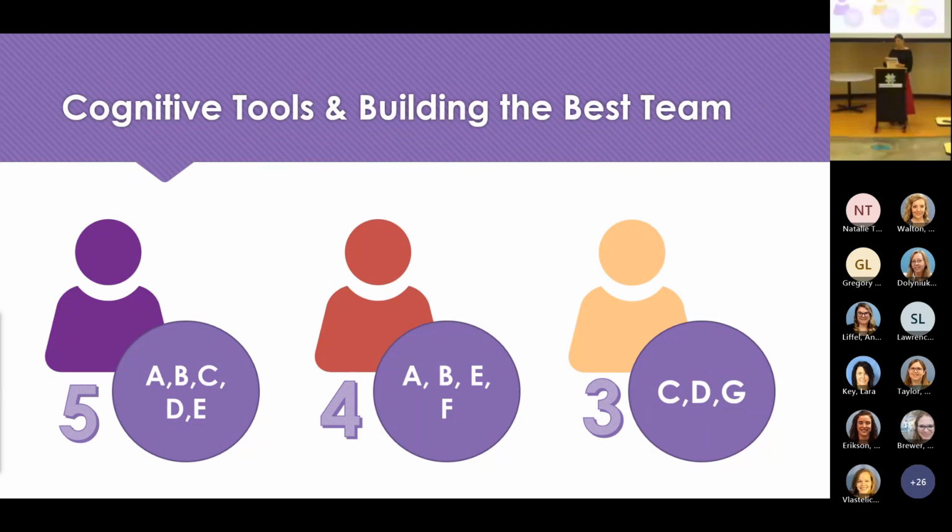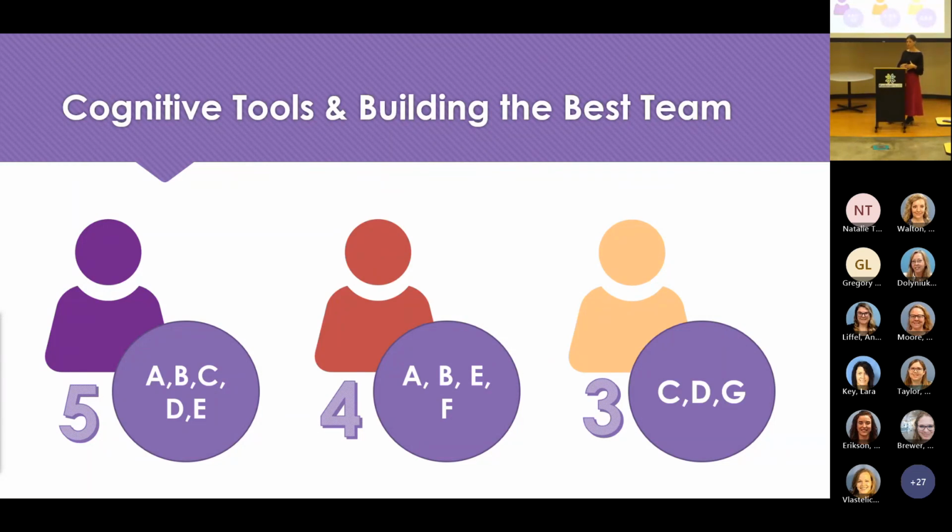So this slide actually appears in Dr. Page's book on the diversity bonus. And so I think it's a great demonstration of how we tend to choose a group based off of the best individuals, the strongest individuals, that are applying to be in that group. But this slide can demonstrate how sometimes that's not necessarily the case.